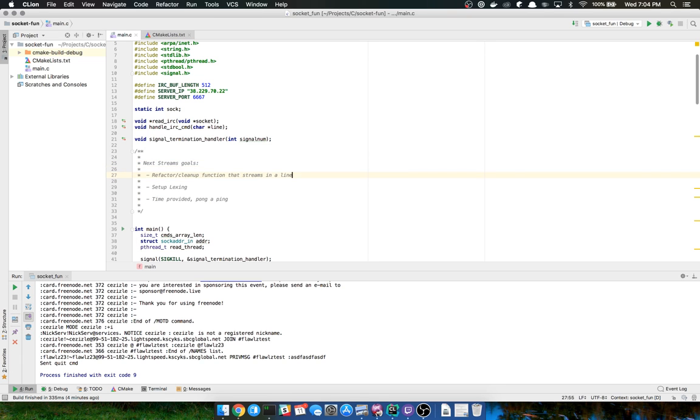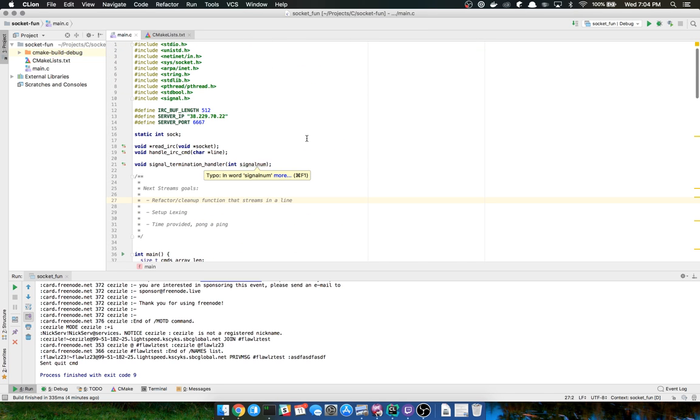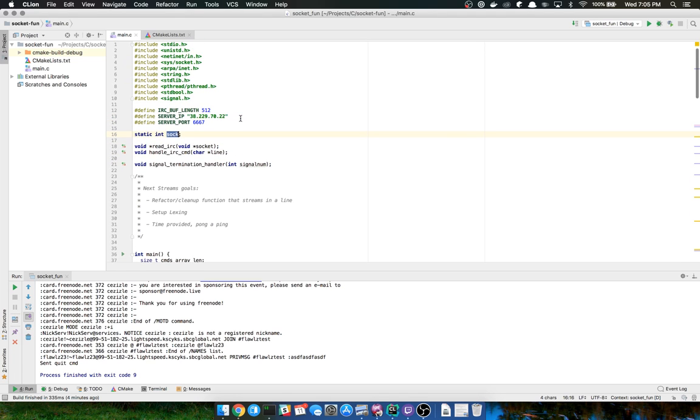So let's see here. Refactor and cleanup. Okay, cool. So this whole file is a complete mess. I'm thinking about putting this up on GitHub, but if I were to do that, I would want to make it look at least a little bit prettier. First of all, we'll look at the sock variable, since that's the first thing in my list.